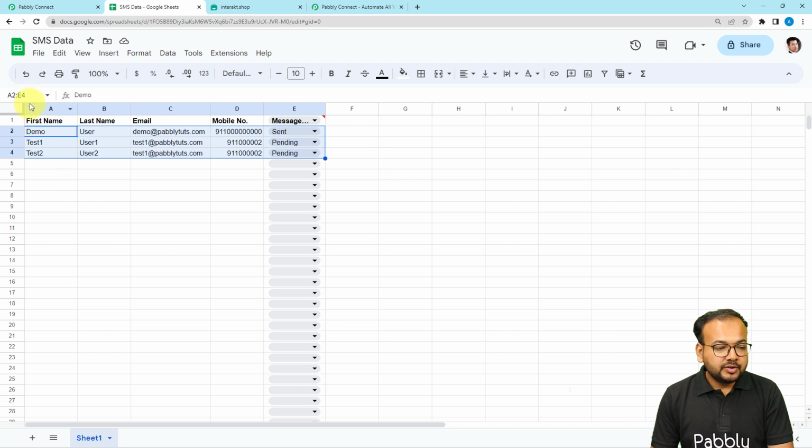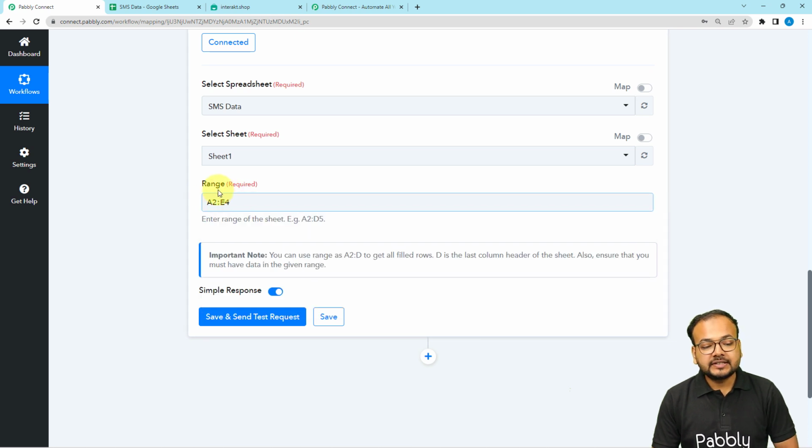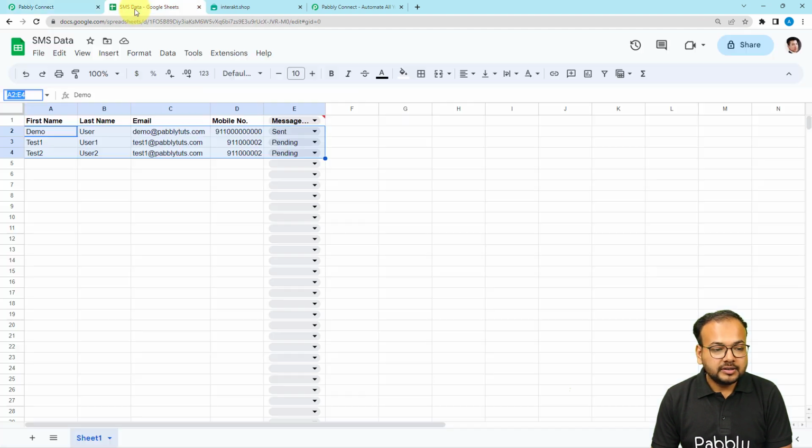A2:E4. So this is the range of data we have. Just copy this range and paste it here. Now guys, this is a static range. Static range means it is going to get the data of all these 3 rows